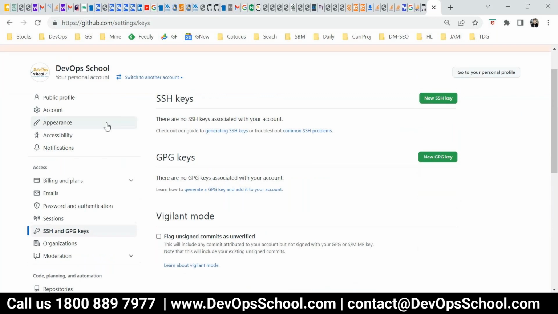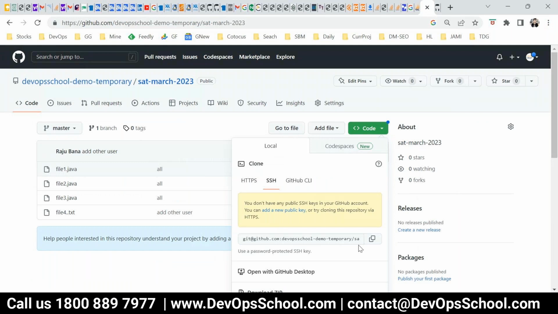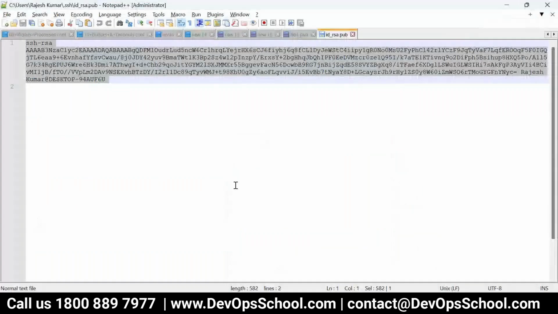Now you might say, Rajesh, you have already used this key and it should show here, right? Actually, I have not used this key in this account, I used it in some other account, and the key is unique to the whole system, so that way it was detected. If it is a unique key, you will not have this error. After that, nothing else, use the SSH URL without a password. Simple thing: upload the public key to GitHub and you can use SSH. If the public key is not available, generate it using ssh-keygen, upload to GitHub and use it. Simple. Got it, all of you?